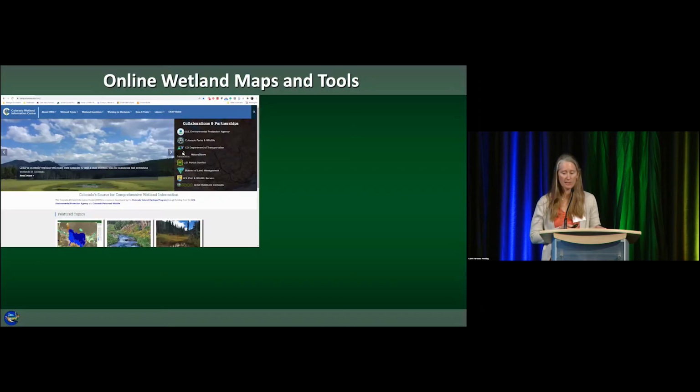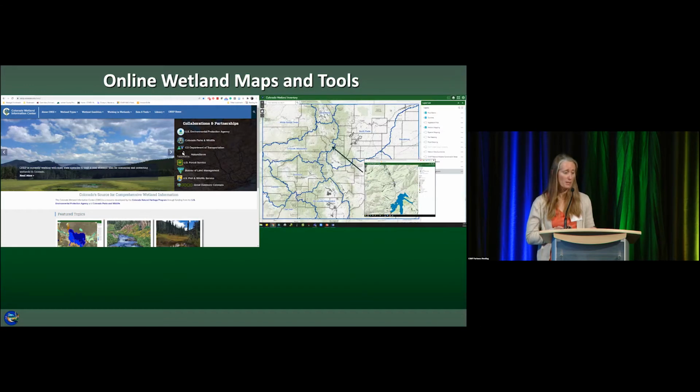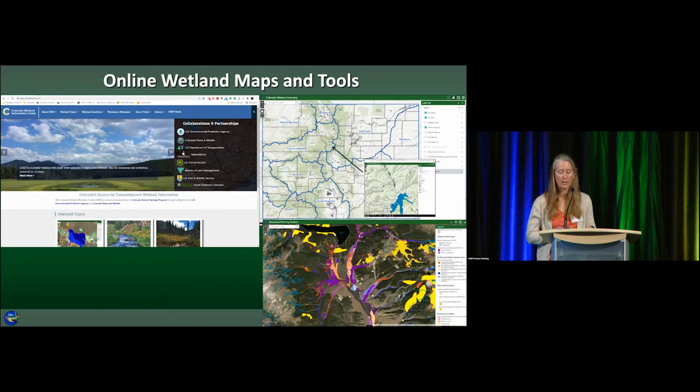And then the second slide I have on our tools and work is about our wetland mapping and online tools. We have a number of tools that help understand wetland resources across the state, primarily hosted on our Colorado Wetland Information Center, or CWIC website. A couple quick tools here, and I would also say this has largely been funded by EPA and Colorado Parks and Wildlife partnerships. So we have our Colorado Wetland Mapping Inventory Mapper. We have our wetland planning restoration toolbox, which combines a number of wetland data products with other ancillary data products